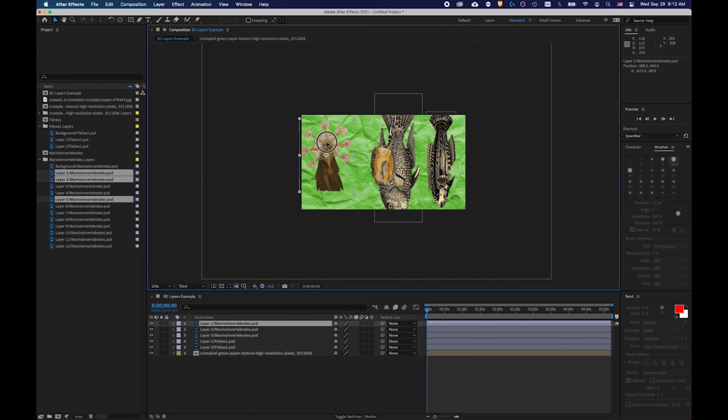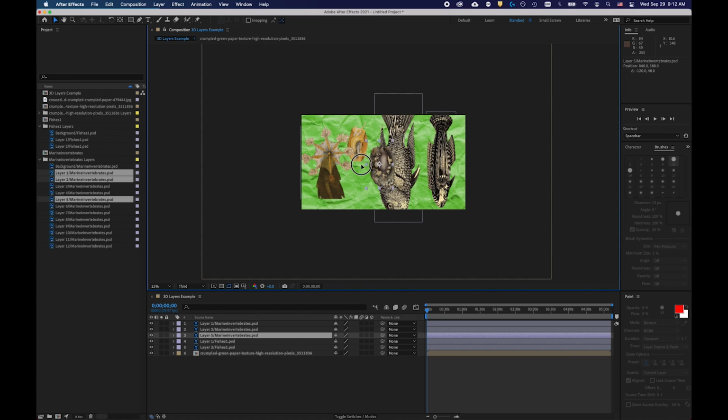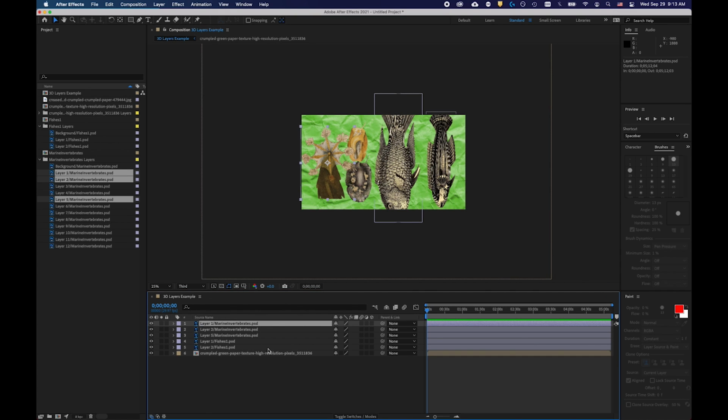Okay, so now I'm going to spread these out a little bit as well, so I have these 3 objects up here. And then what else do we need? The last thing we're going to need is our ground plane, and we'll bring that in in just a second. Okay, so to start with, in order for any 3D action to happen,